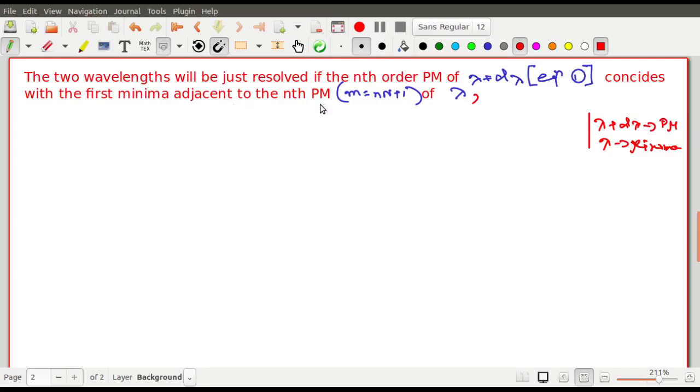Now what is the condition of the minimum? So এটাকে আমরা বলে থাকি Rayleigh's criteria. This is my Rayleigh's criteria. এটাই তো Rayleigh's criteria. Coincide মানে Rayleigh's criteria. That is you should write it properly. So Rayleigh's criteria আমাদের লিখে দেওয়া উচিত সব সময়।